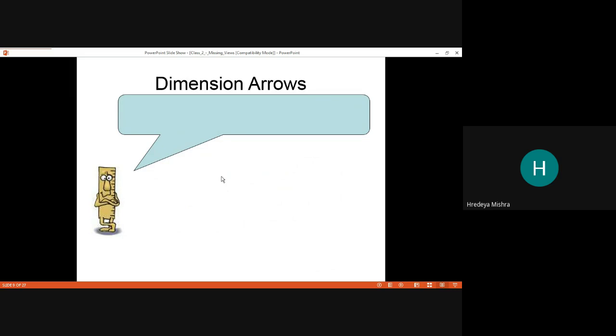Now the dimension arrow. I already talked about the dimension arrow. Can any one of you tell me what is the width and length ratio of an arrow? Because I have discussed this many times. What is the width and length ratio of a dimension arrow?